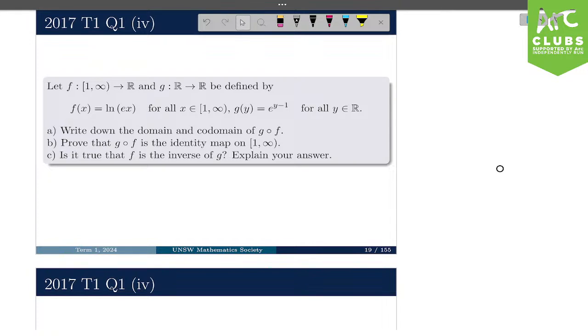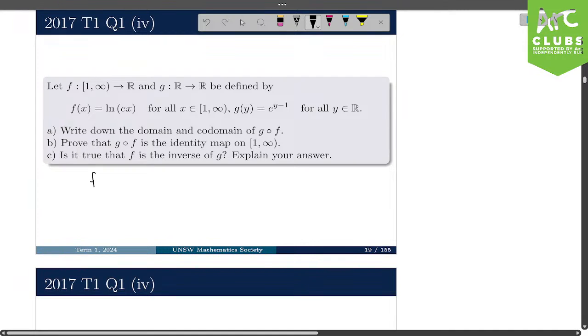So g of f will obviously start with us taking the function f, and then taking g of that function. So our input space is actually this interval, and our output space is the output of g, which is the real numbers, right? One thing that we do have to check, though, is that this function that we've been given